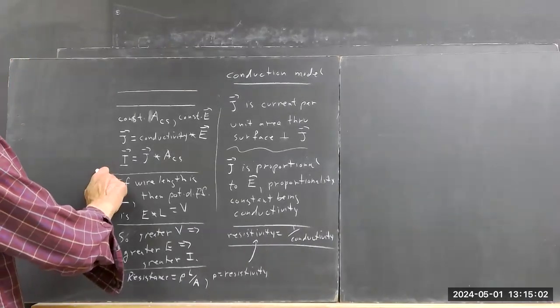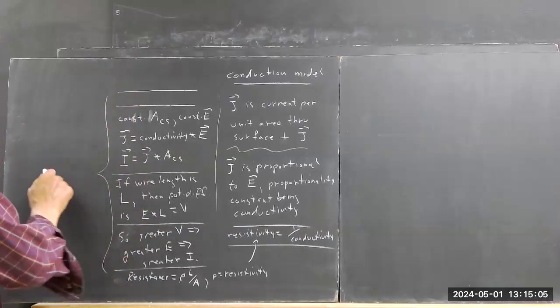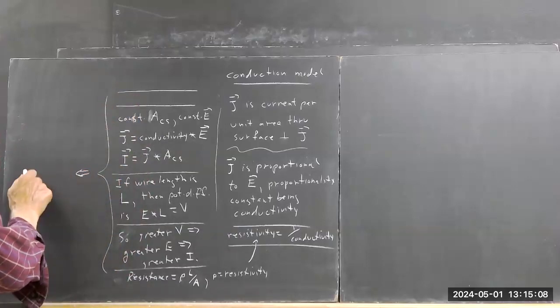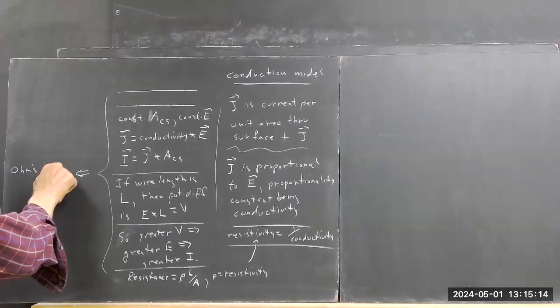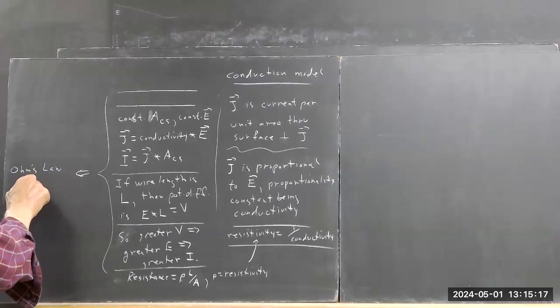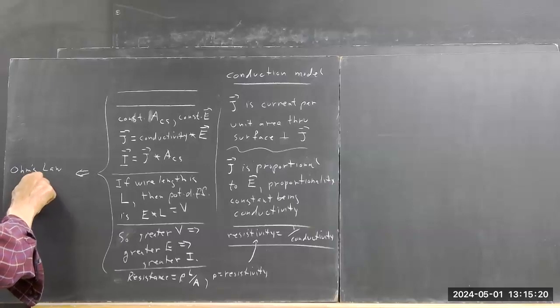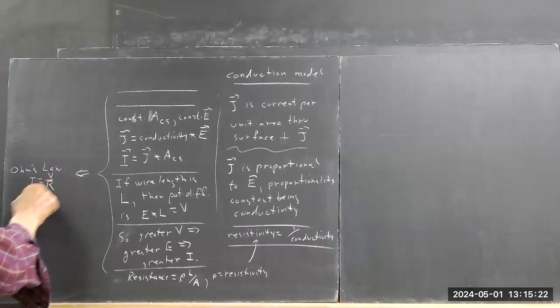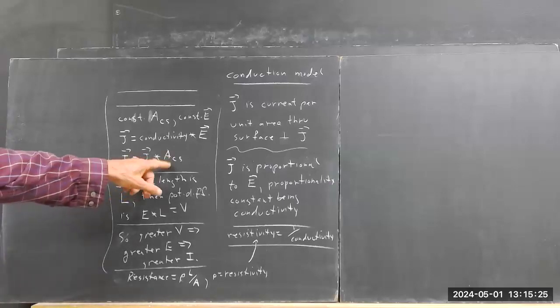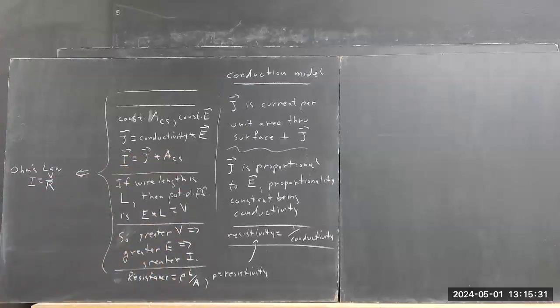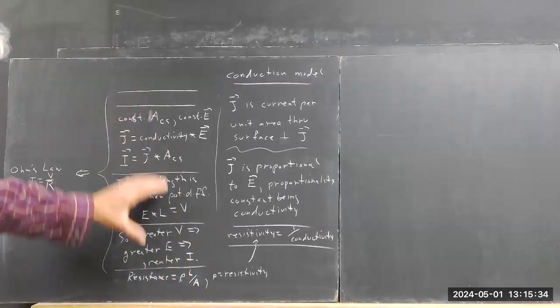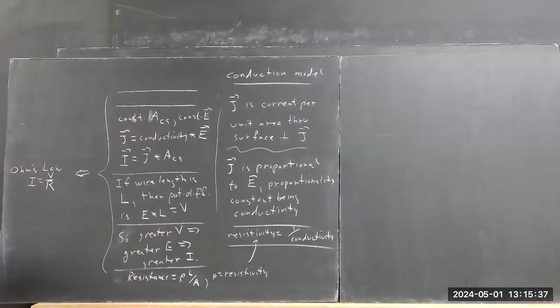and you have Ohm's law. I, which is equal to J times your cross-sectional area. Remember, cross-sectional areas related down here. All these relationships go together, give you Ohm's law. Current equals V over R. In a circuit,